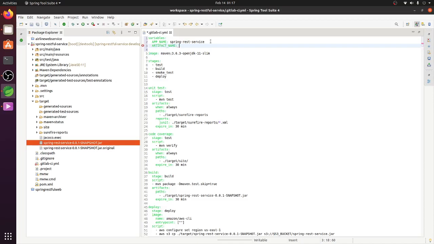The artifact name, I will use it as the app name, and hyphen, I'm also going to give the version. For the version, I'll use something that GitLab provides me. Instead of having logic to auto increment or having something in my properties file and then updating it, I'm going to use the unique ID that gets created for each commit or each pipeline